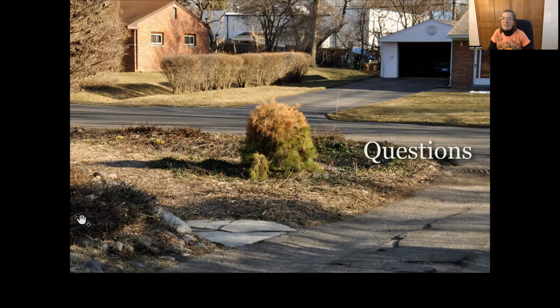It should. I haven't done it, but it should. It's got the same trigger for bloom that the mums do, where the days getting shorter trigger it to bloom. So you just have to stop cutting it and give it enough time to feel the shortening days. Okay, worth trying. What the heck? If you don't like what it does...